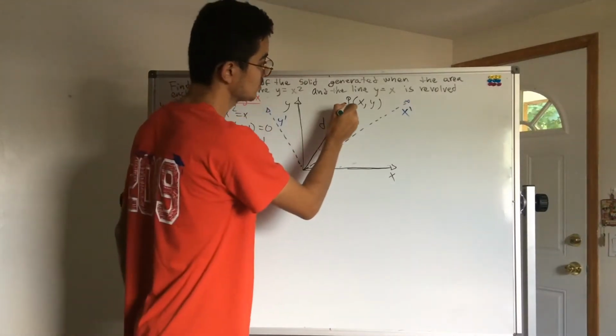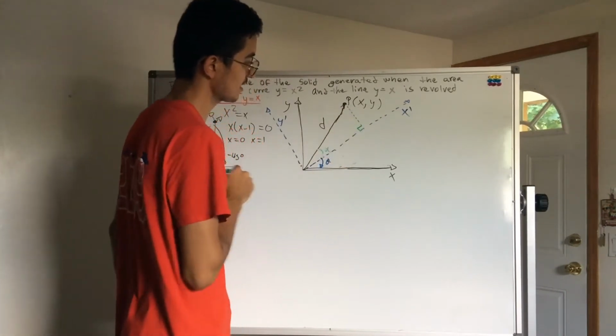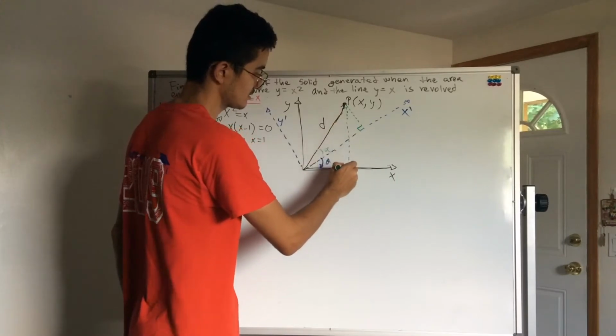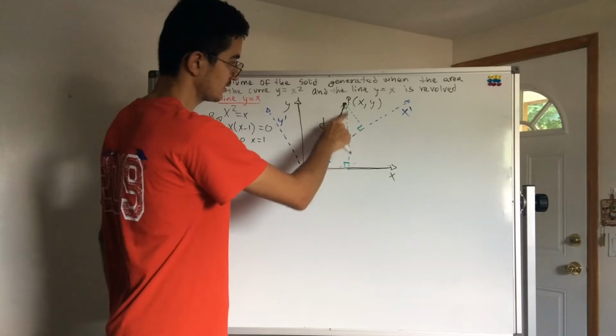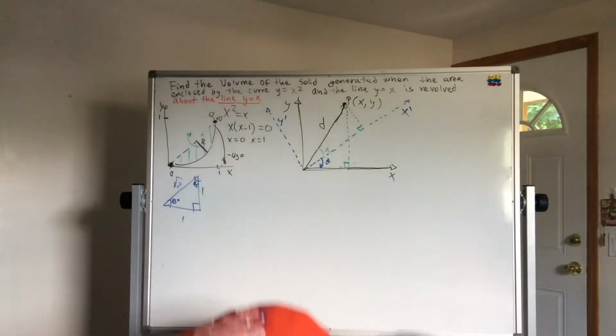P, right? So let's make two perpendicular lines with the x prime axis and the x axis. We're going to make two perpendicular lines, and the purpose of this is so we can make two right triangles. If you can see, this is one and this is the other triangle. Now we're going to